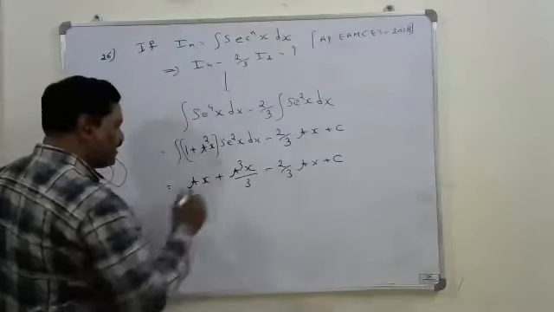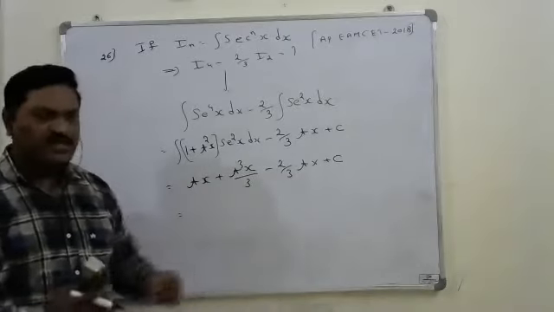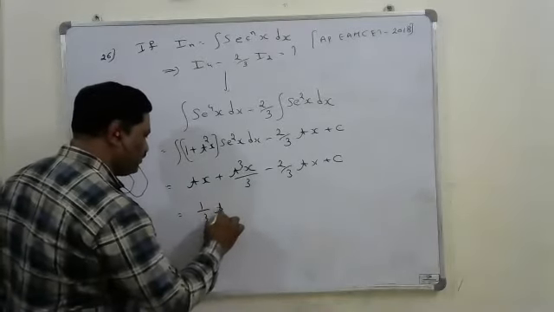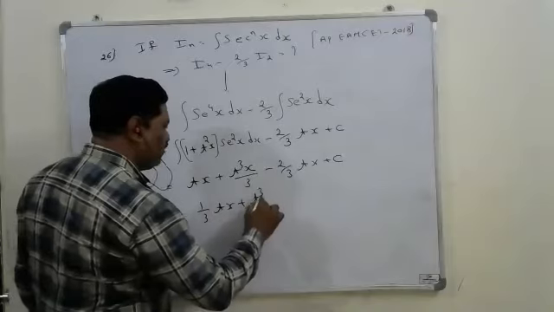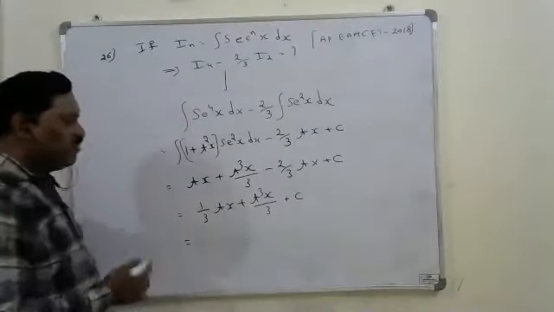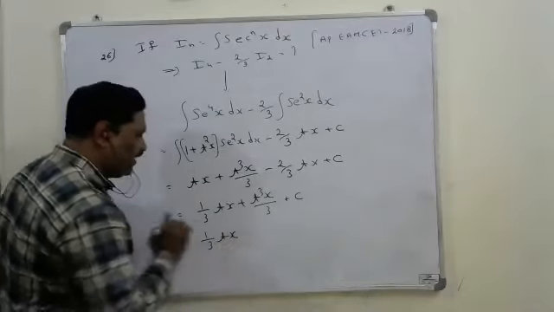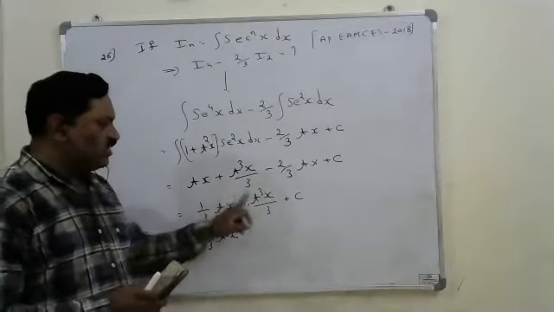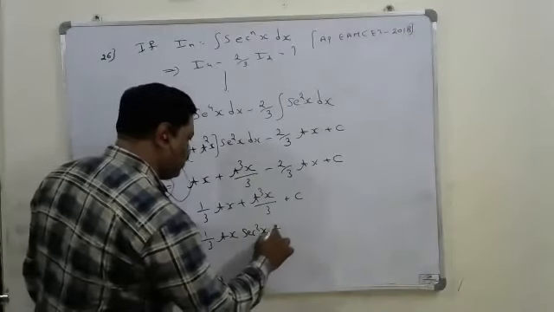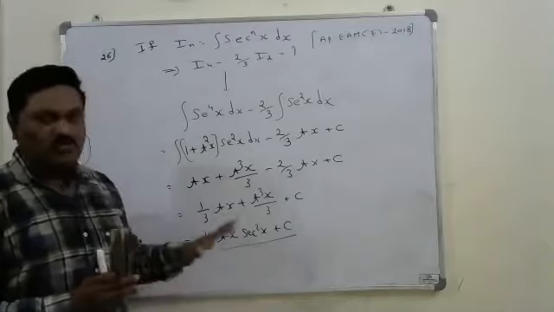From these two I can take tan x common. Remaining is 1 minus 2 by 3, which is 1 by 3. Therefore it is 1 by 3 tan x plus tan cube x by 3. So this is the answer. But sometimes they also may simplify this answer. From these two, I can also take 1 by 3 tan x common. Remaining is 1 plus tan square x, that is secant square x. So the answer might be like that, plus c. This is the simplest form of the answer. Always in the options we can expect that only the simplest form will be there.